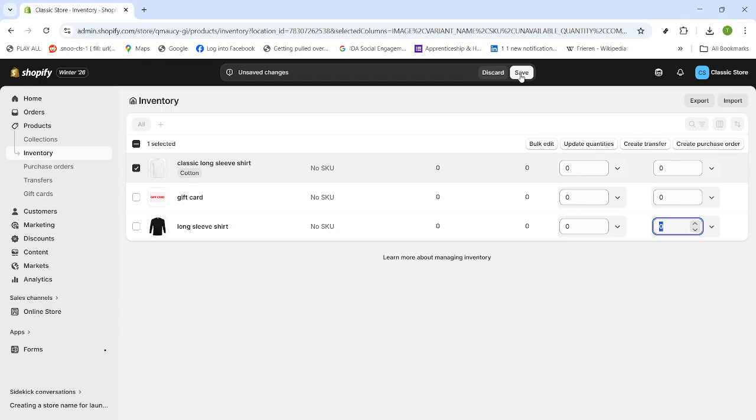Give the storefront a moment to refresh. Changes in inventory can take a short time to reflect. If you rely on automated collection conditions or theme settings to hide sold-out items, this process ensures those rules work perfectly without manual edits on every product page. And that's it. You've navigated to inventory, verified the right fields, highlighted where to focus,